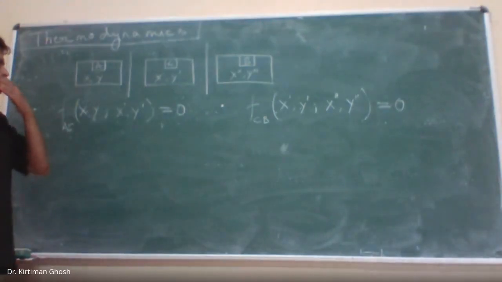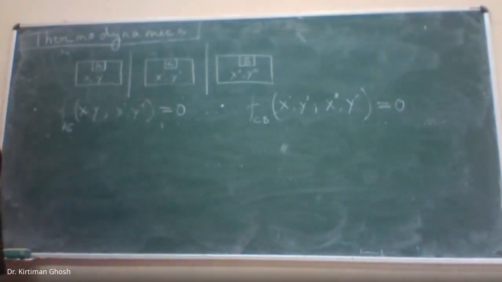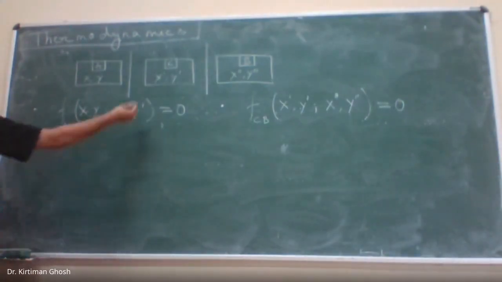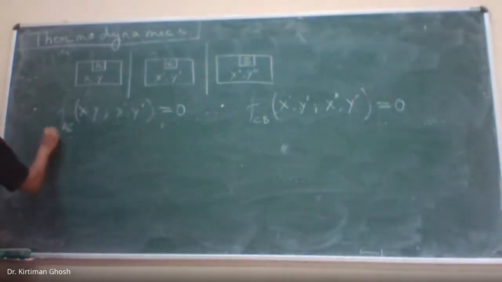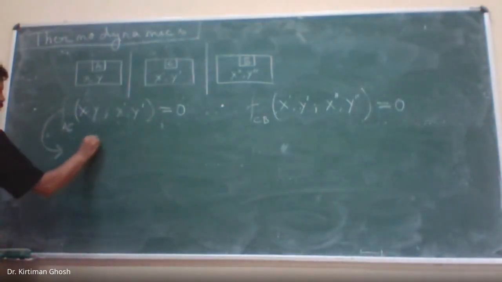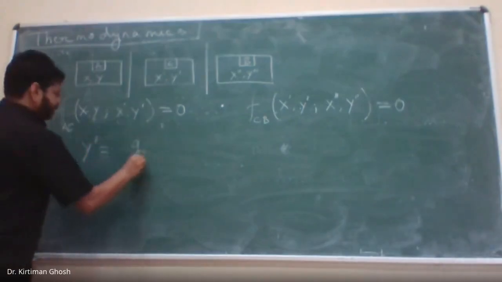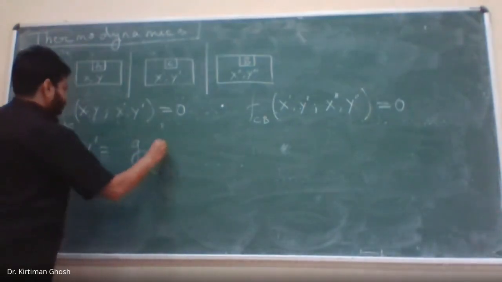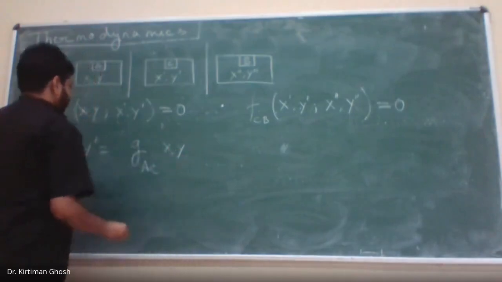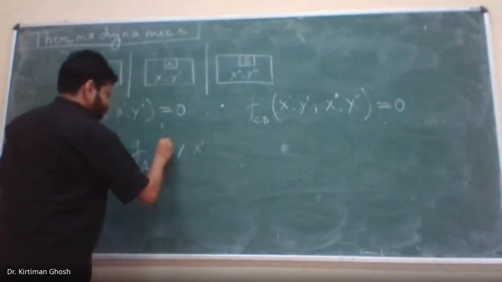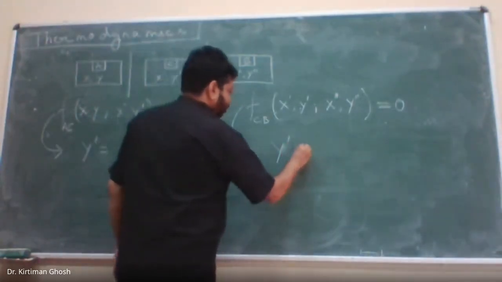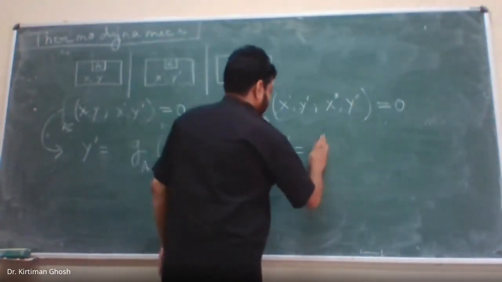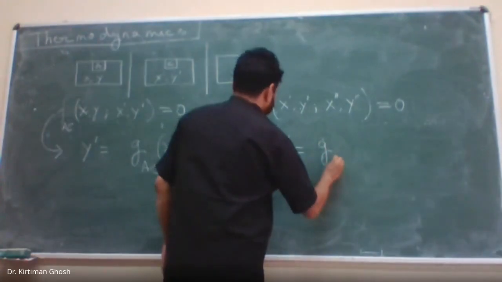Now, from these two equations, what we can do is solve for, for example, y prime, since both equations have y prime. From this equation, I can solve and write my y prime is equal to some function g of AC, which will be a function of x, y, and x prime. And from this, I can write my y prime is equal to another function, g of CB,